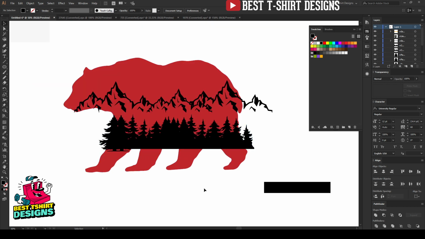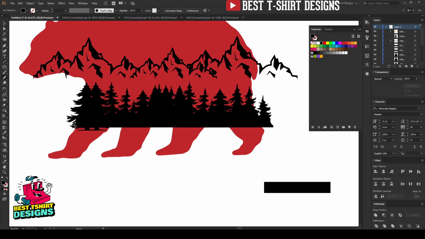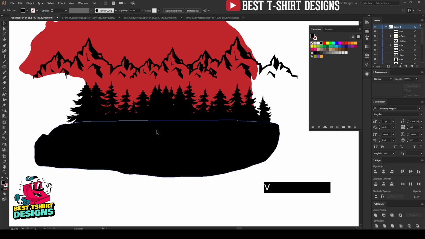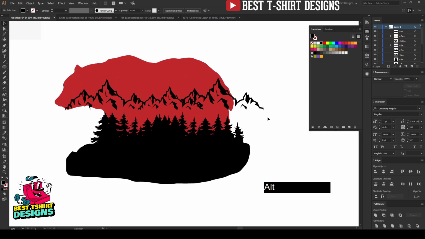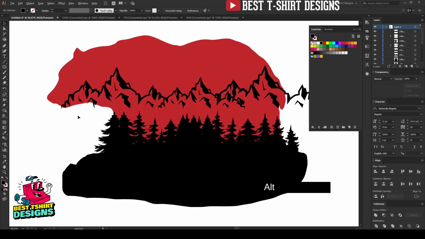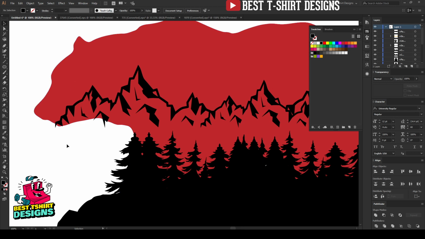As you can see, this is now making that effect of hiding this part, but these legs of the bear are visible and I don't want that. So for this area, I'm taking my pencil tool by pressing N, and now I'm going to draw a shape here, just like this. So this is going to hide that part. I think that is good. And for these two mountain groups, I want to keep it as it is for now. I can add some white part inside this area, or let's try to do that.